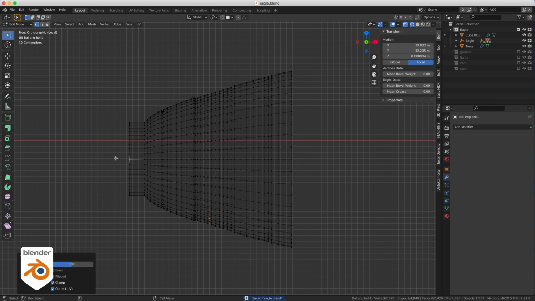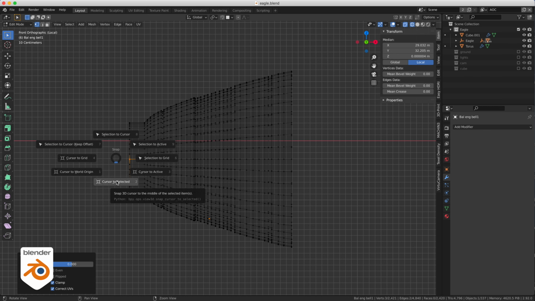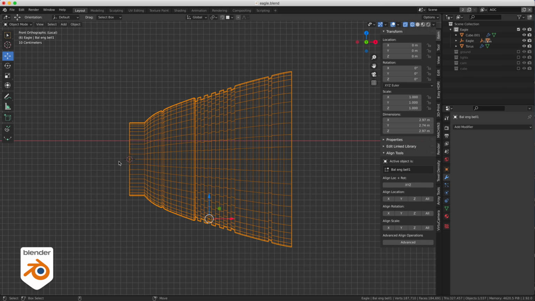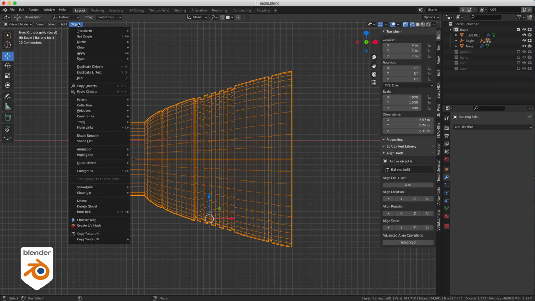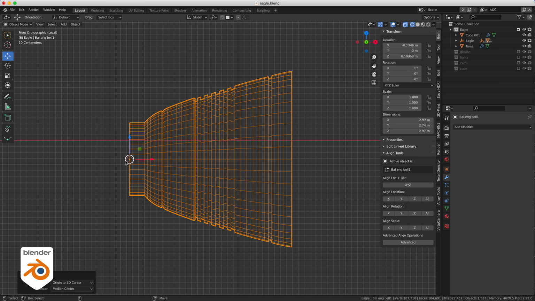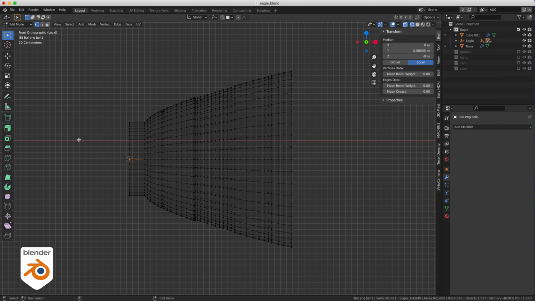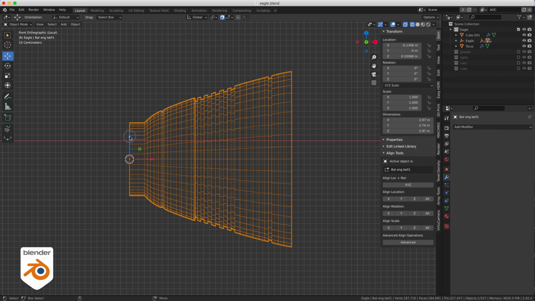select one vertex. And if you press Shift S, you will get a pie menu, and then you can choose cursor to selected. So your 3D cursor is now at this point. After this, you can select your object and go to set origin to 3D cursor. So now when you move your object, it's going to be from this origin. But because I customized my Blender like crazy, I made a pie menu that does it automatically for me in